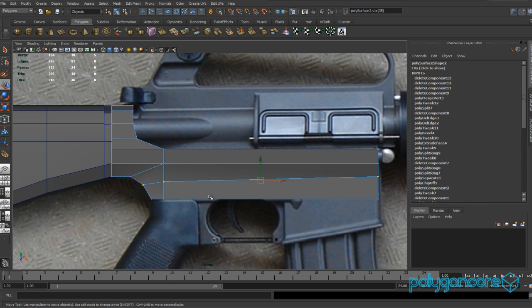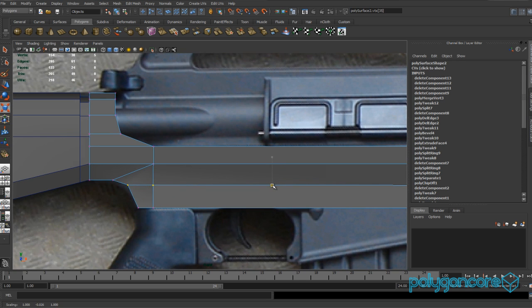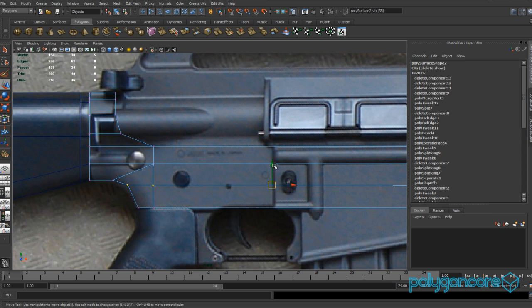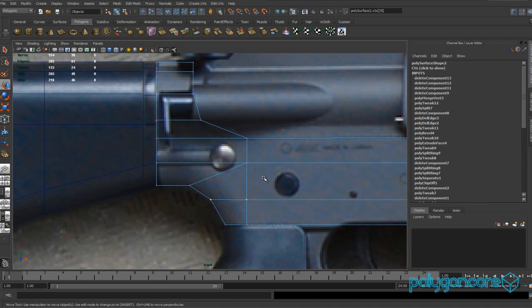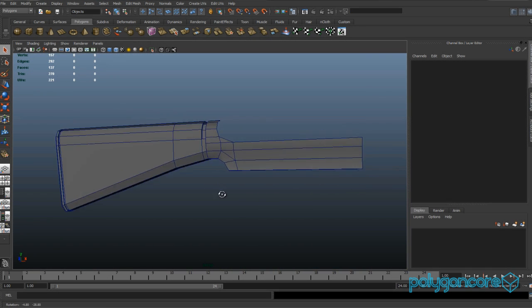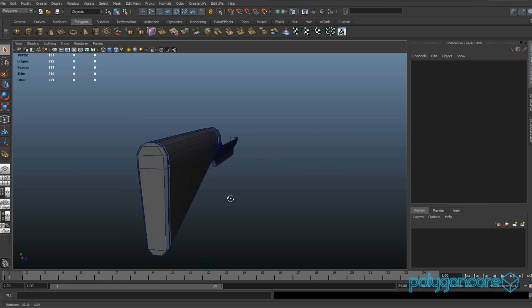And now what you want to do is grab these vertexes across here and just scale them in Y just to make them straight. Then just pull them down just so that curve is right like in the picture. And that's it